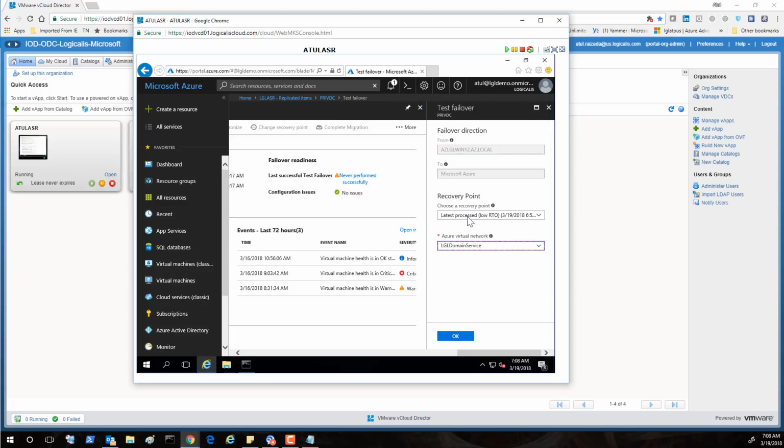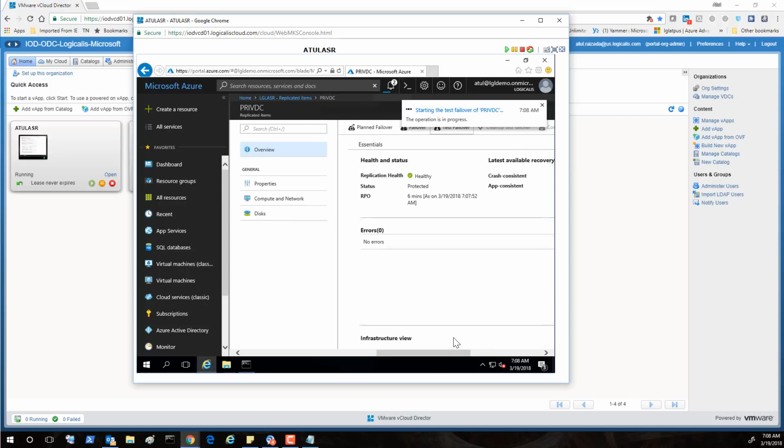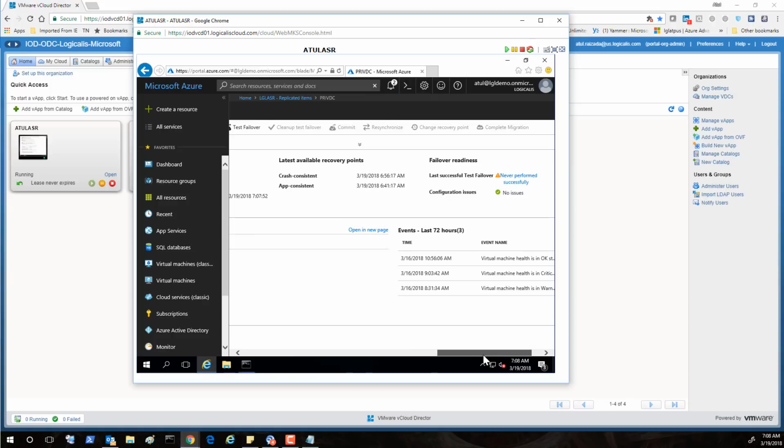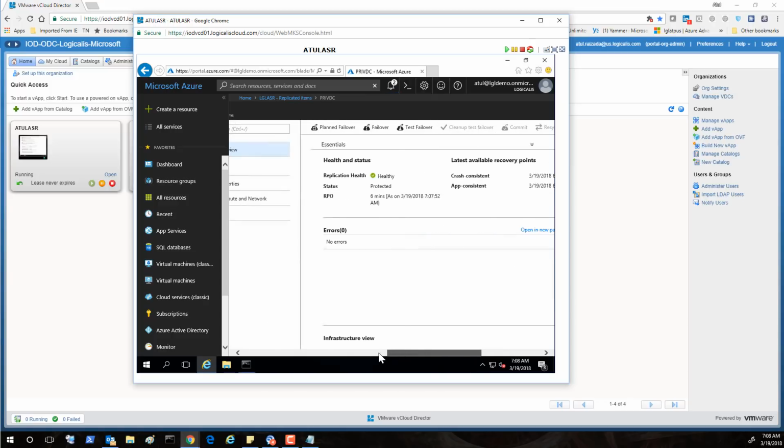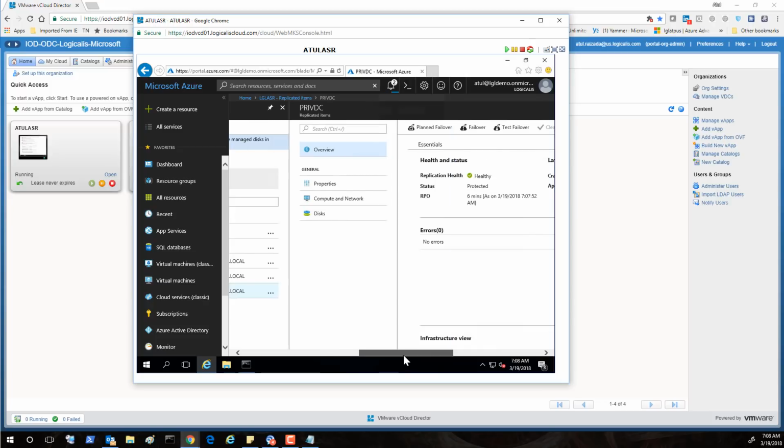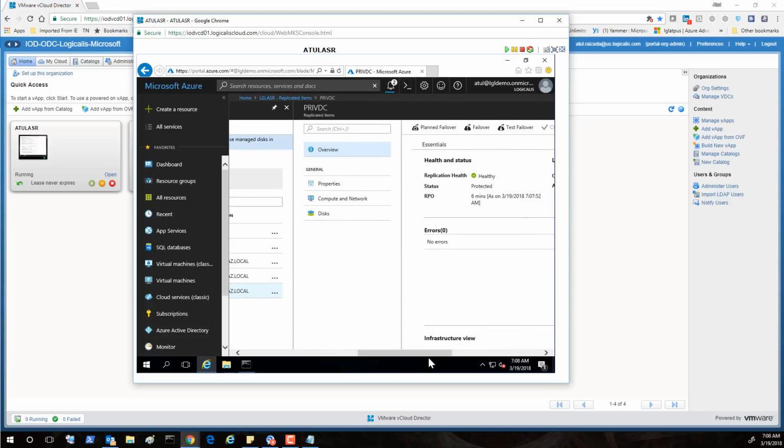and my network here is, click OK. And this is just the planning and testing of the failover. And folks, it's pretty straightforward. All of you who are in this business, who have been in IT, I think this is a no brainer. This is extremely easy, extremely simple, and extremely powerful as well in terms of a true disaster recovery solution, right? It takes a few minutes to configure it, and then you get peace of mind that, hey,